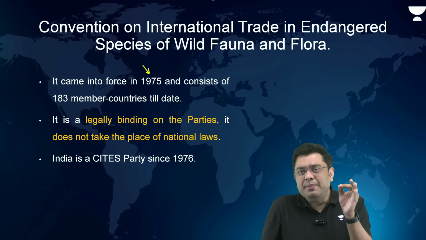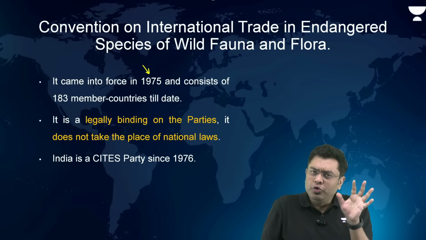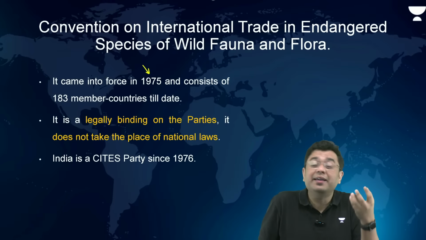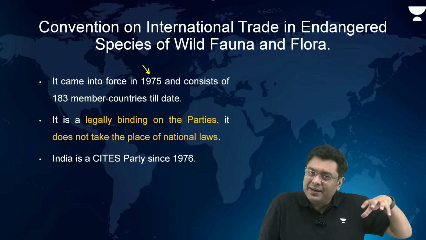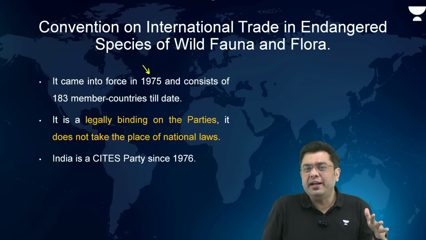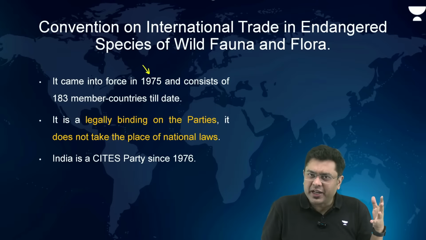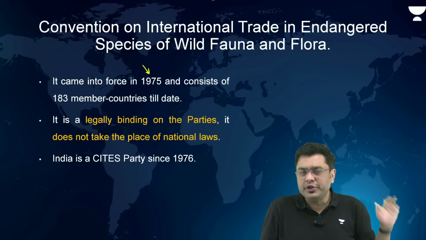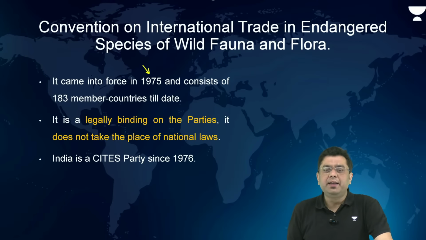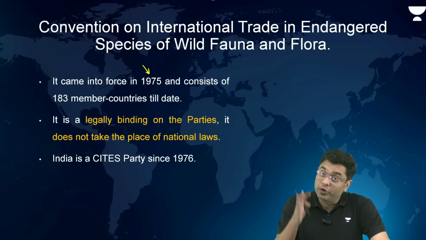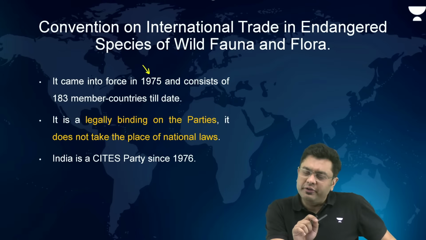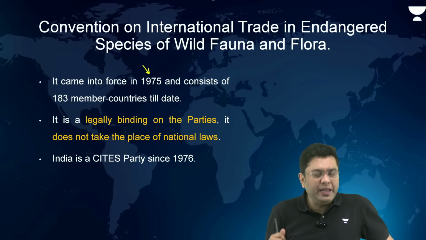But time and time again, it is tinkered with so as to adhere to the principle of CITES. So, the Wildlife Protection Act is our own law. But the conditions of ensuring that international trade does not happen are ensured by the Wildlife Protection Act. But that is the overall aegis of CITES. Okay. So, India has been a CITES party since 1976. Here also, just like in the case of the Bonn Convention, you have the species which are divided into 3 appendices.